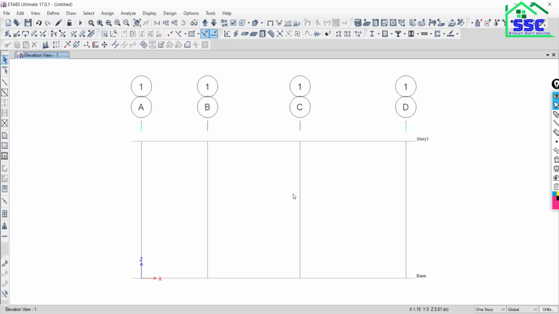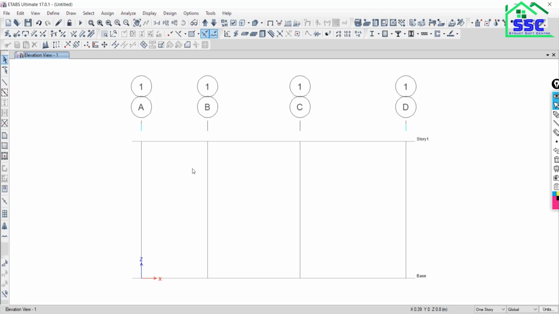It's up to you where you want to model the beam. I'm just going to model the beam at the story first, because it's a line element. That's why we have to choose only one level. What actually the problem is that if I model the beam at the base level, it will give you the supports again and again, because I earlier told you that on the base, if you click anywhere with any object, ETABS by default gives you the support condition. So just avoid this and try to model your beam on the story first.